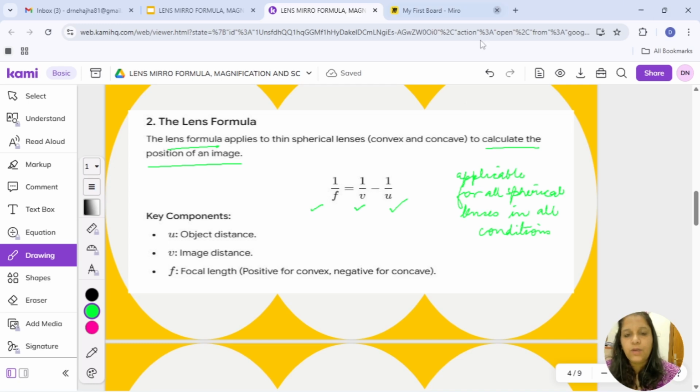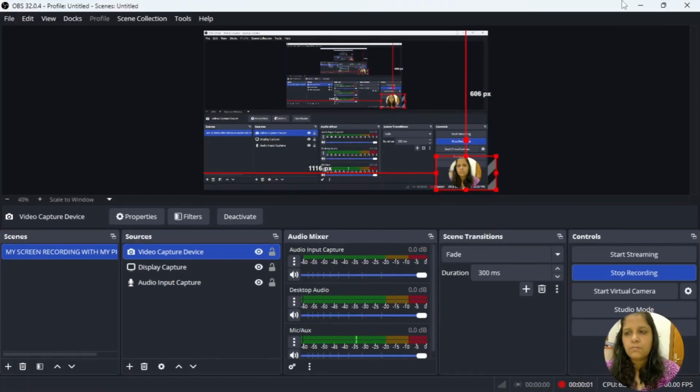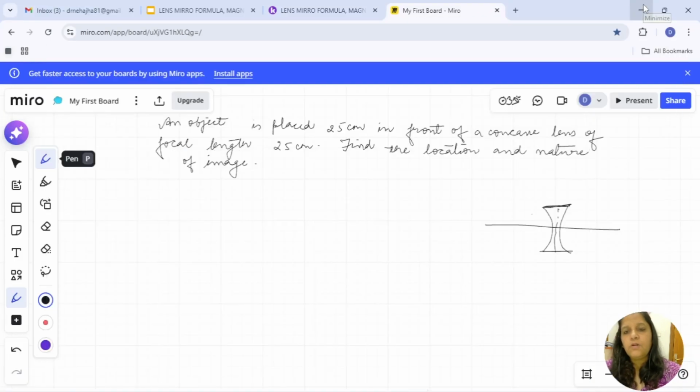Now let's do a question quickly based on the lens formula. An object is placed 25 centimeter in front of a concave lens of focal length 25 centimeter. So what values are given to you? u is equal to minus 25 centimeter and f is equal to minus 25 centimeter. Why is this negative sign there? Because we know that